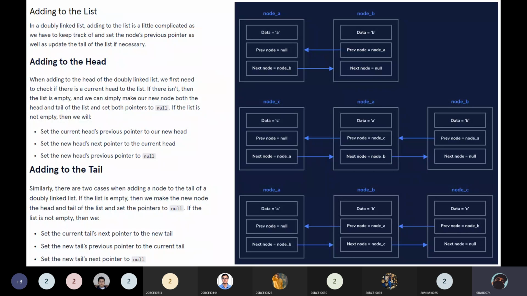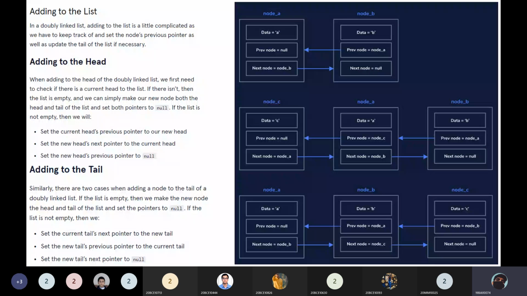So I hope you got these 4 points. I'll repeat them. Take for example, we have a head node as of now, and we are going to add a new node. There are two things that we need to consider. We'll set the new node as the head.